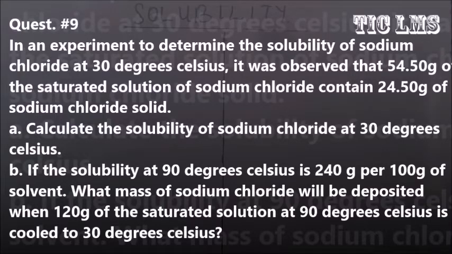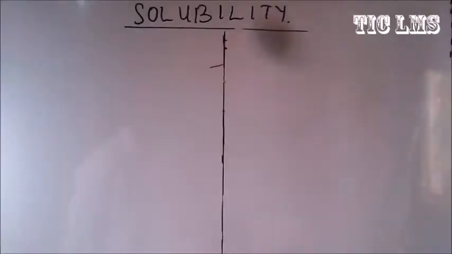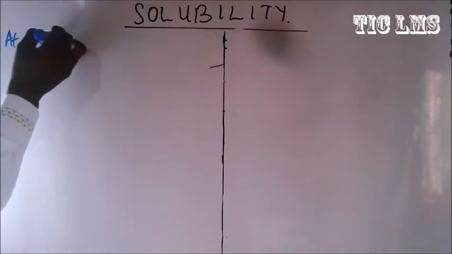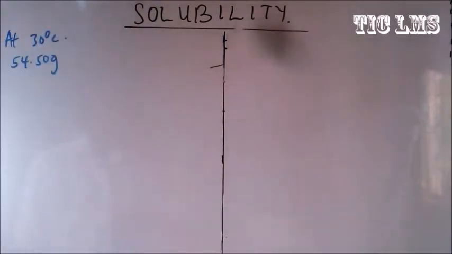And B. If the solubility at 90 degrees Celsius is 240 gram per 100 gram of solvent, what mass of sodium chloride will be deposited when 120 gram of the saturated solution at 90 degrees Celsius is cooled to 30 degrees Celsius? Alright, so in this question, we're told that at 30 degrees Celsius, 54.50 gram of a saturated solution